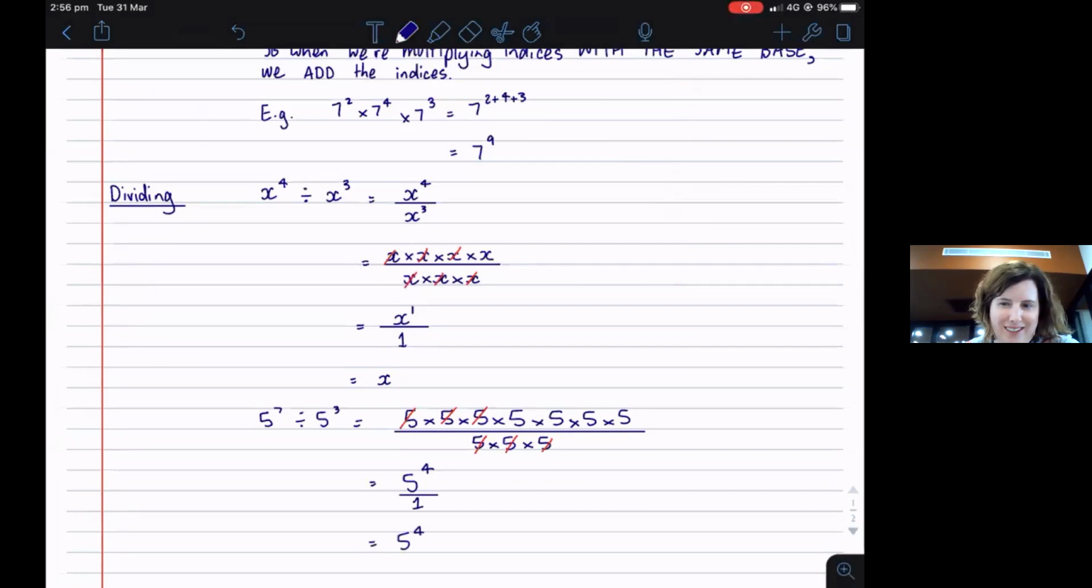Have you noticed the pattern yet? I'm going to try one more. No, that's it. I'm going to leave it there. The pattern. What do you do with 4 and 3 to end up with 1? You subtract. What do you do with 7 and 3 to end up with 4? You subtract. So if you're dividing things with the same base, so it's 5 to the 7 over 5 to the 3, x to the 4 over x to the 3, you're dividing, you subtract the indices,